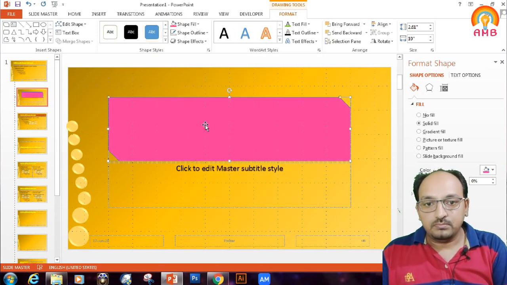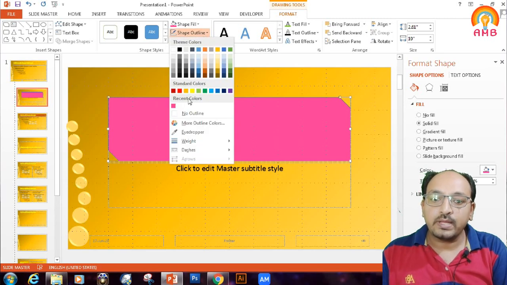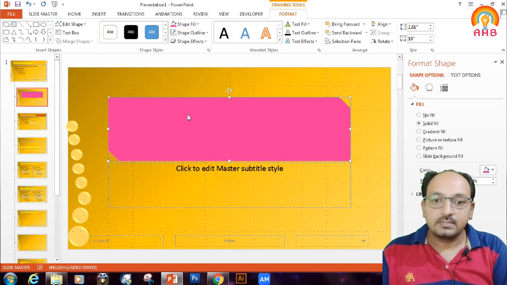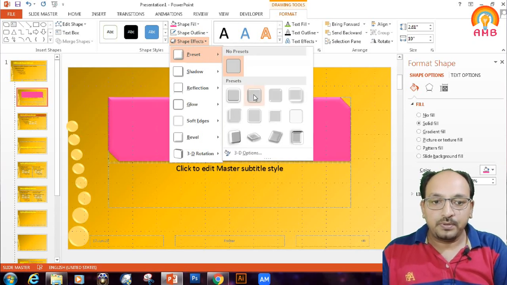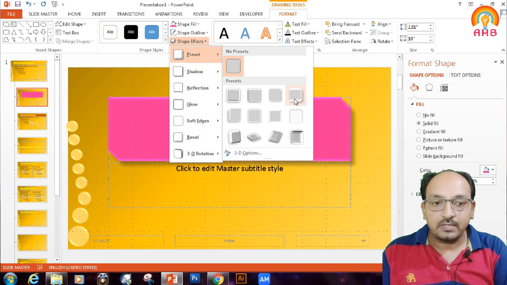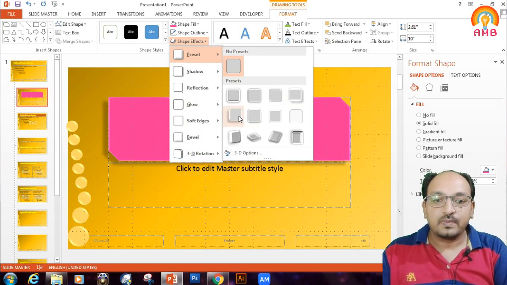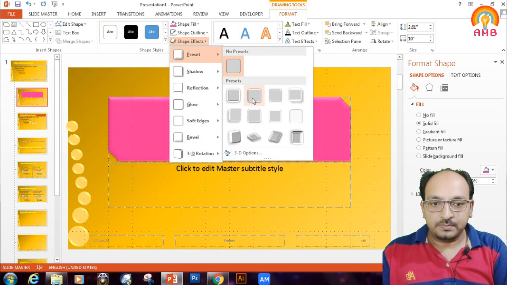Now I am keeping no outline here, and again I am selecting the preset. So preset gives somewhat shadow effect or light effect to the object.